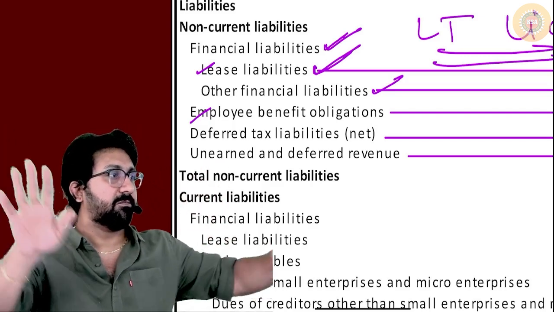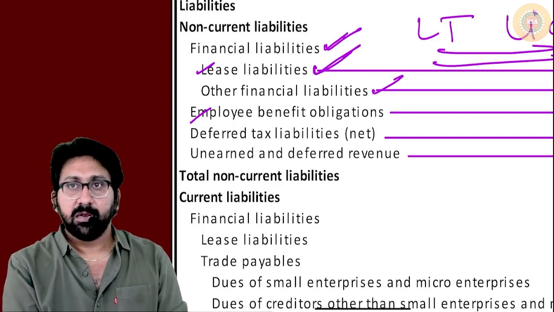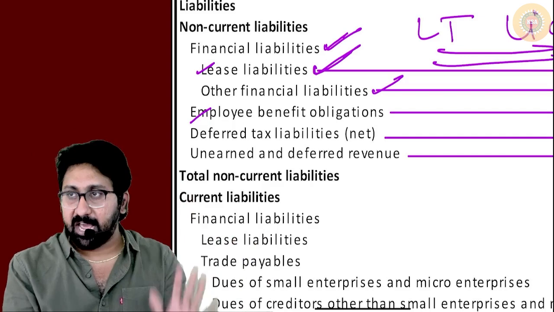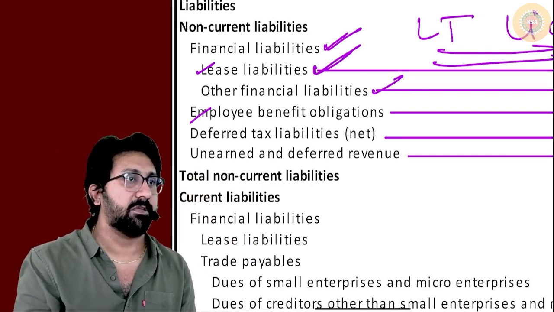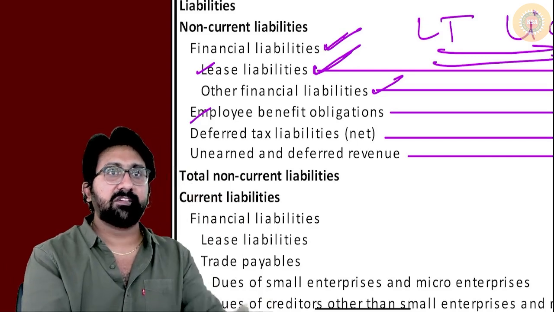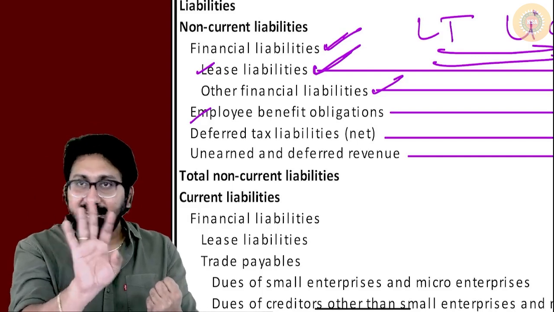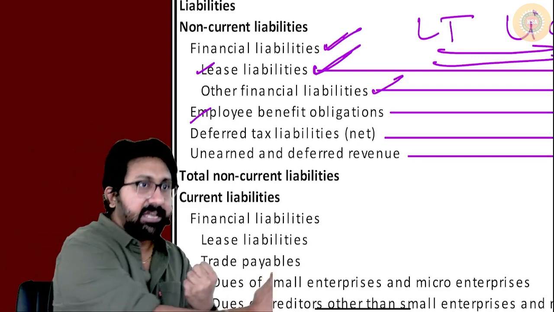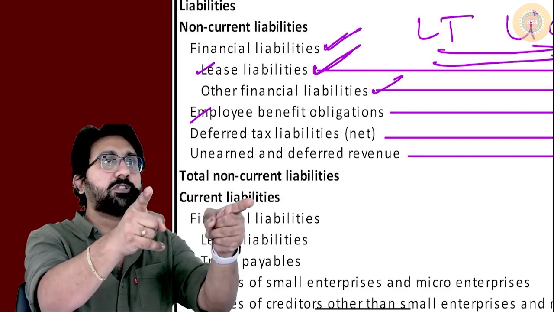What is the difference between both of them? Again, tell me, I took a bank loan of 5 lakh. I kept aside a gratuity liability of 5 lakh. What is the difference between both of them? Both are liabilities. What is the first liability type? Money came. Second, money didn't come. Existing money is set aside for the purpose of employee benefits. Did you understand the difference between both of them?